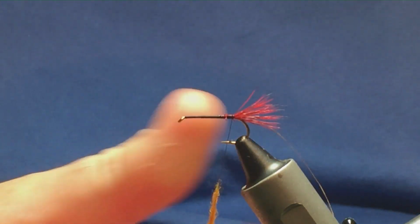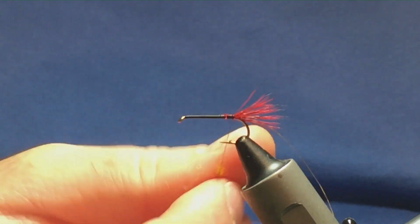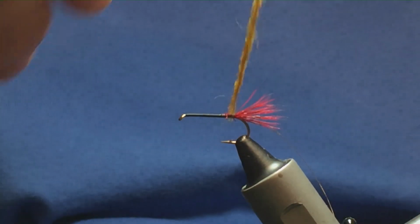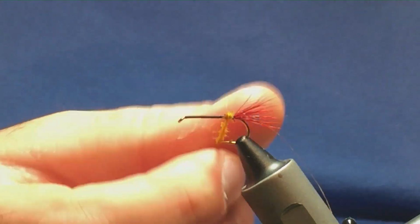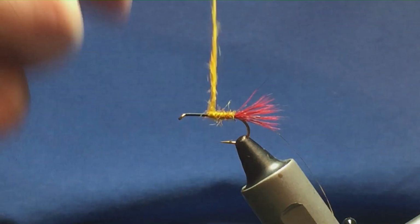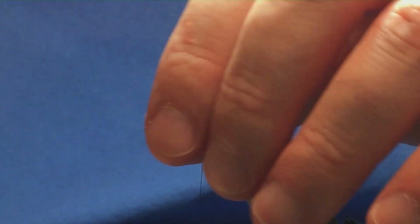Always taking your dubbing the one way. Spin it on. Bring it up to the hook. Now, once you get it onto the hook and anchored, you can tighten up if you need to. Now, when you want to take this up, you want to leave a good two thirds of the hook at the front,